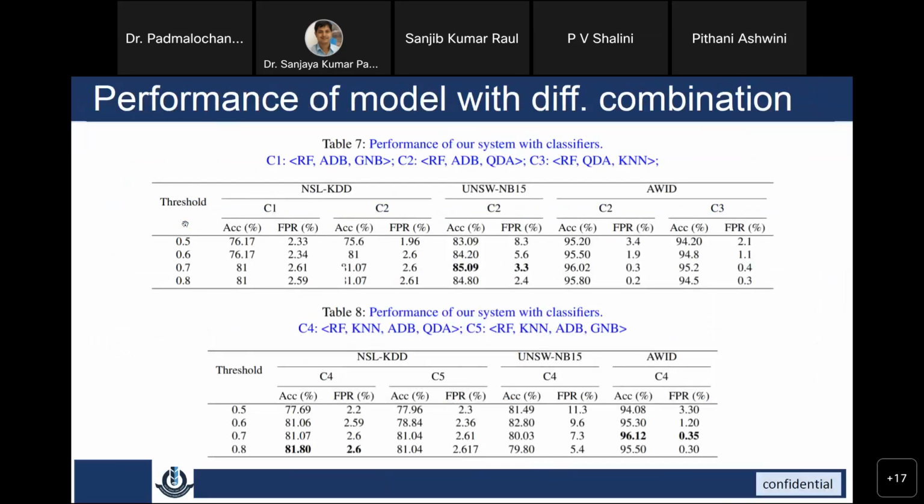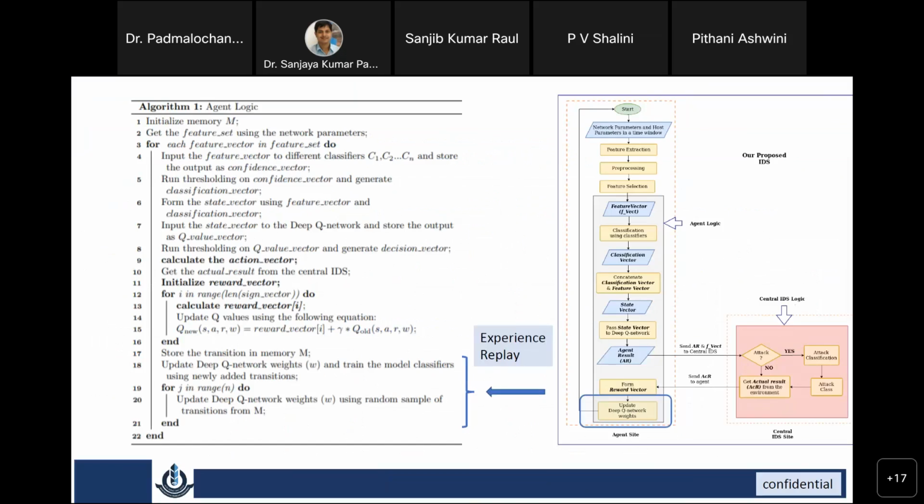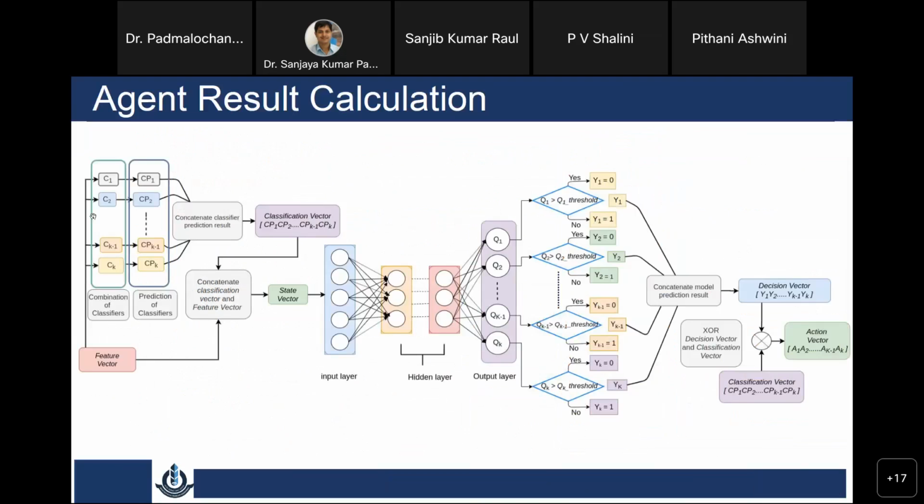Here we are sending the state vector. This data set we are sending, instead of sending the data set, we can send the model to the central IDS, because if you send the data sets, these state vectors, they may contain some privacy information related to the nodes, related to the packets or to the router from where it is going. So some privacy information might be attached to these state vectors, and that may compromise the privacy.